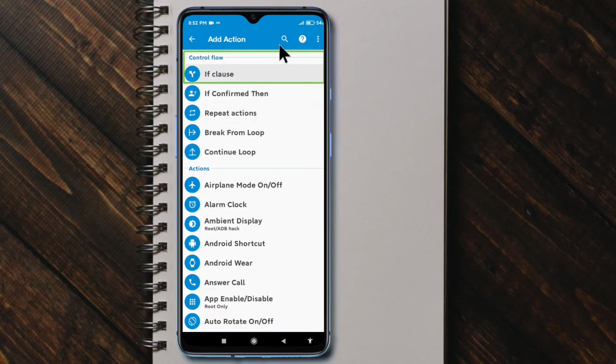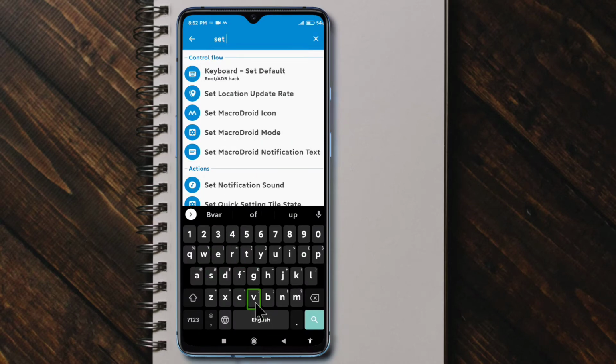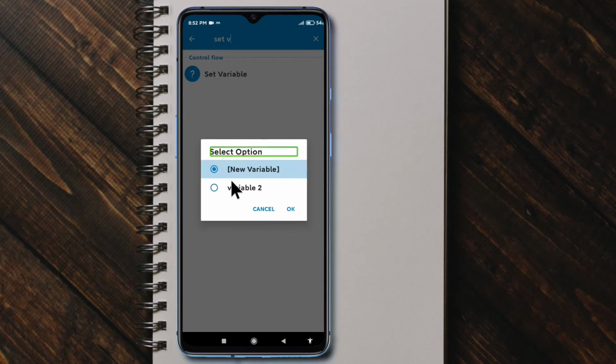And adding an action of set variable again. Now the variable1 option is not available. Why? Variable1 is now a local variable with macro1, which is fully configured with macro1. It is not available in any other macros.